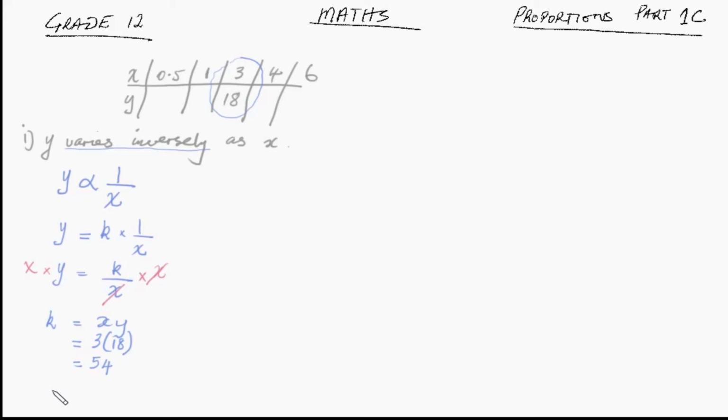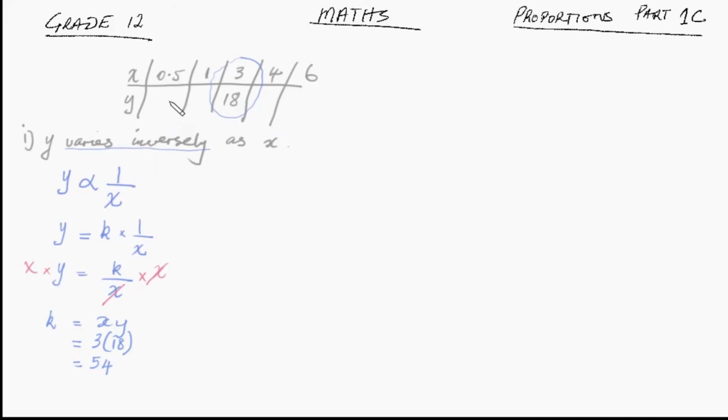At any point on that same line, you will have the same gradient. So even in this case, when we talk of k, we are saying k is the constant of proportionality. What does that mean? That means k is the same everywhere. That means even here we have k as 54. Here k will be 54. All right? So that means now